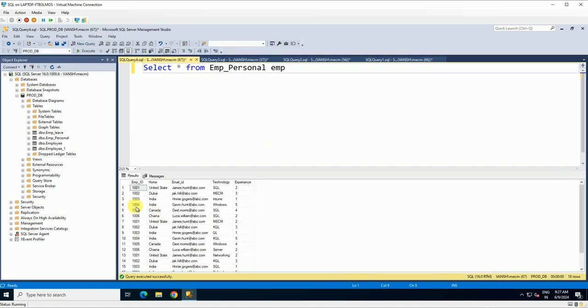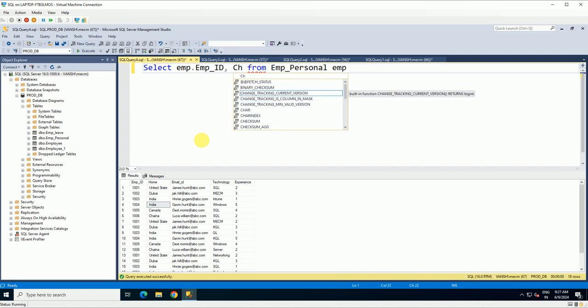I have data like employee ID and India and so on. Now I'm going to choose only the values related to India. Let's make it a scenario. Employee ID, emp dot employee ID, comma, and choose